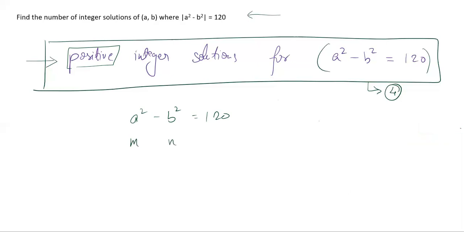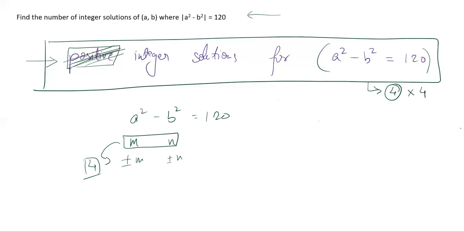So what I mean by that is, for any particular m and n solution for a and b, I took an example of 11 and 1 if you remember, I can have a as plus or minus m, or b as plus or minus n. It doesn't matter, because for a square and b square, all that matters is the magnitude. It will always be a positive value, right? Irrespective of the sign of a and b. So for each solution here, you have correspondingly 4 solutions here. So if I convert this question to integer solutions instead of positive integer solutions, the number of solutions in total will be 4 into 4.